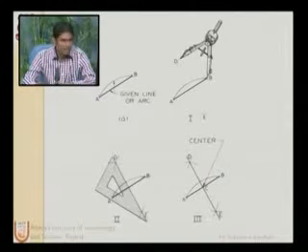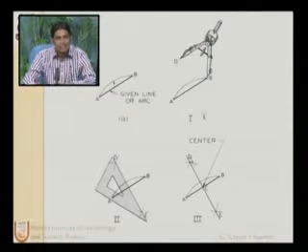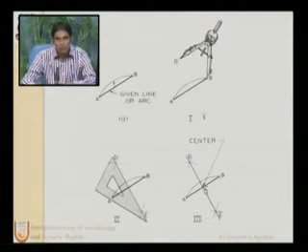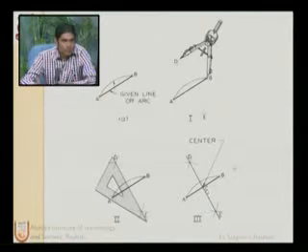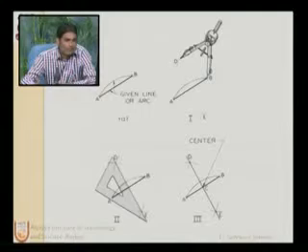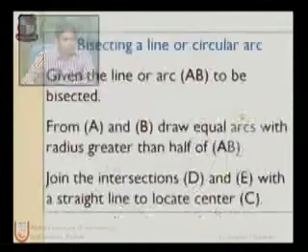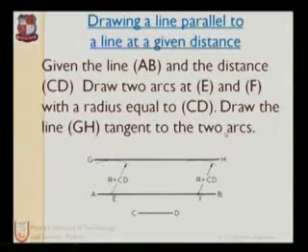With the help of a scale or triangle, connect the line from D to E, and we get another line called DE. The point which intersects line AB and line DE, give it the name C. So that is called the bisector. Line DE is the bisector of the line or the bisector of arc AB. So that is the bisector of a line.